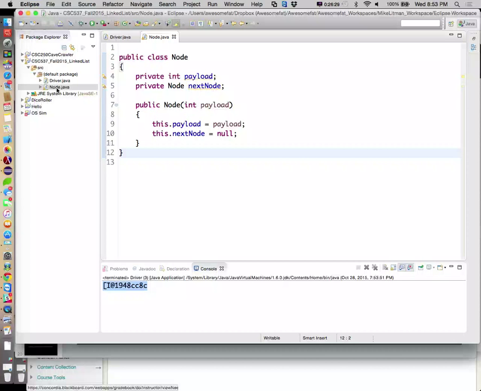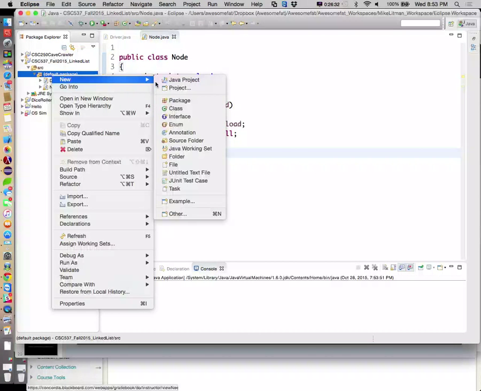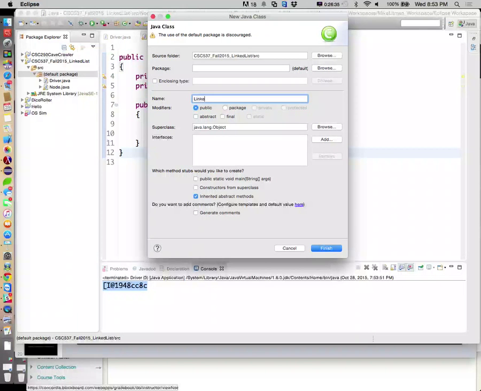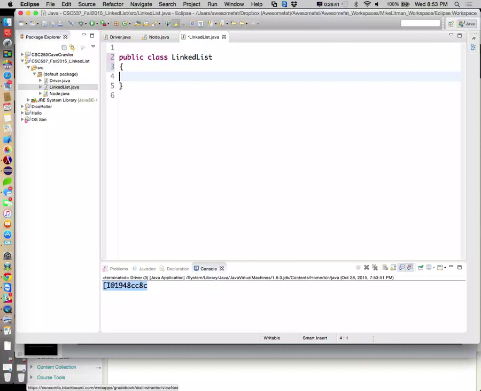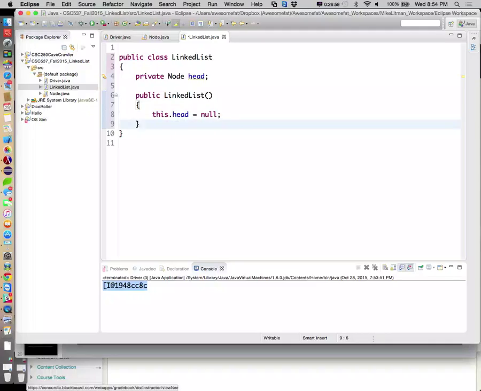All right, now let's go ahead and create our linked list class. So we'll create a new class called linked list. And we said that a linked list is going to have a head, private node head. And when we build a linked list, it's going to require no parameters, and we'll just say this dot head is equal to null. All right, so an empty linked list is literally a variable called head that points nowhere, because we have nothing in the list. But it's a starting point to start putting stuff into the list.